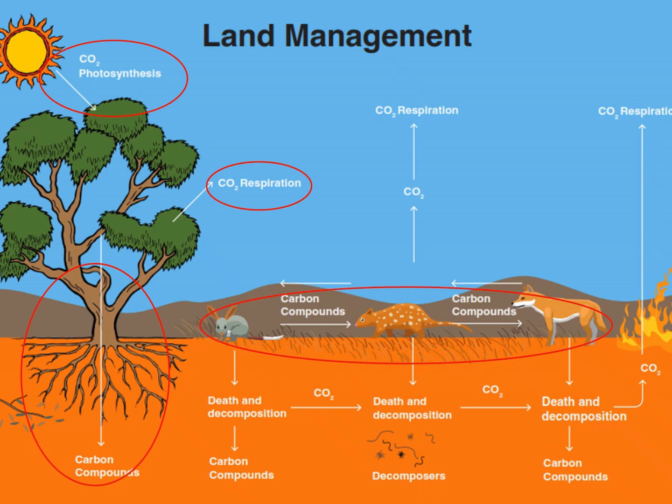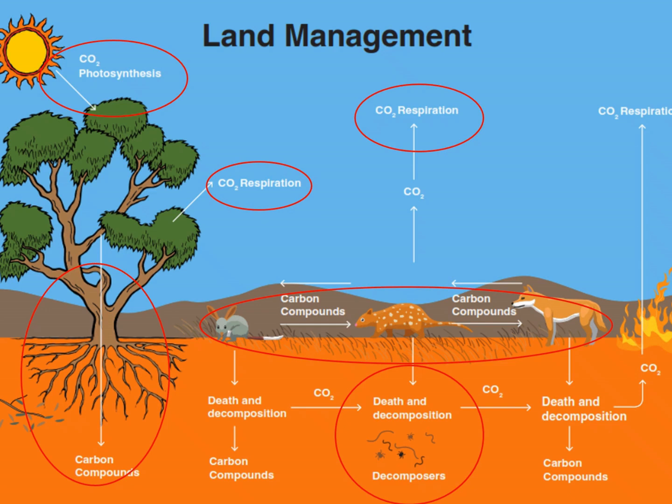Alternatively, plant material is eaten by animals, and those animals eaten by other animals, and so on and so on. That's just passing carbon down the chain. Those animals as well, just like us, they breathe some of that carbon back into the atmosphere. And when those animals die, their bodies are decomposed and broken down, and some of the carbon is released back into the soil and stored. And those decomposers, again, they breathe just like us, releasing that CO2 back into the atmosphere.